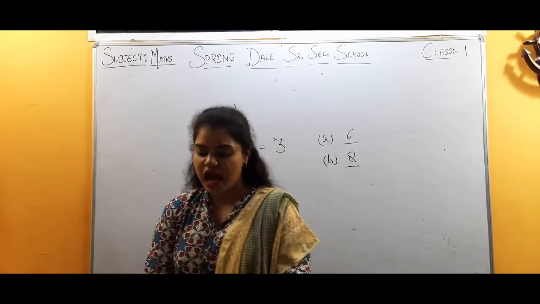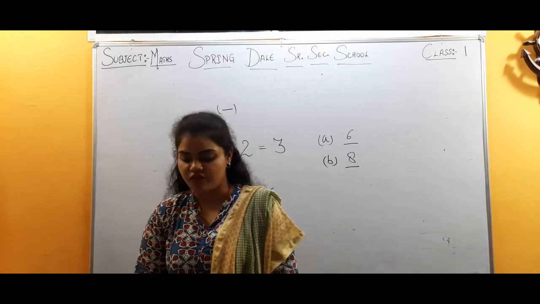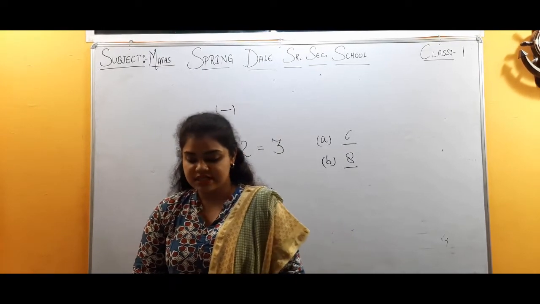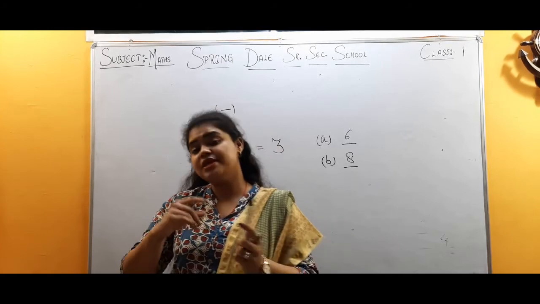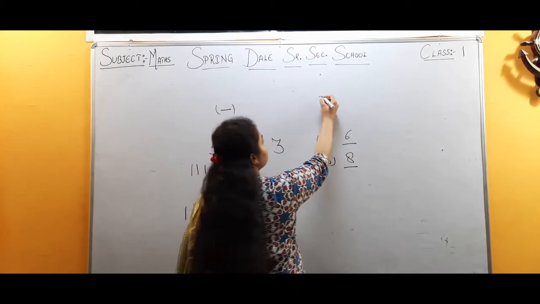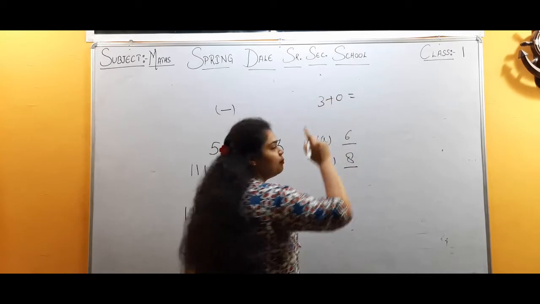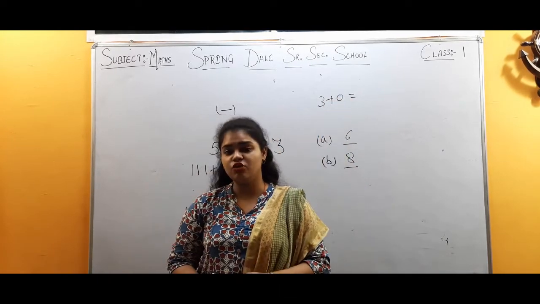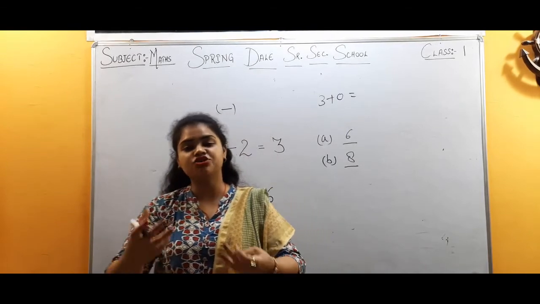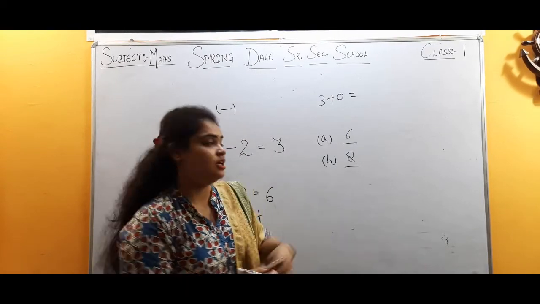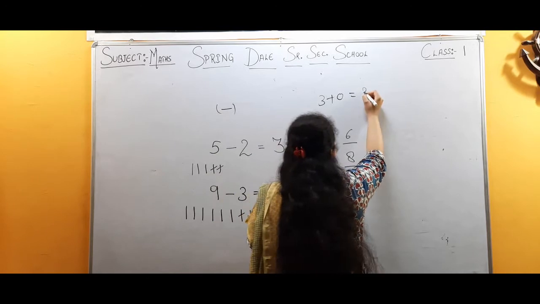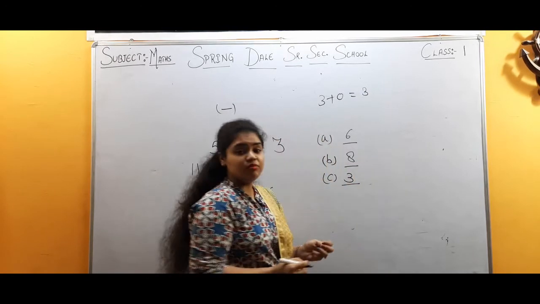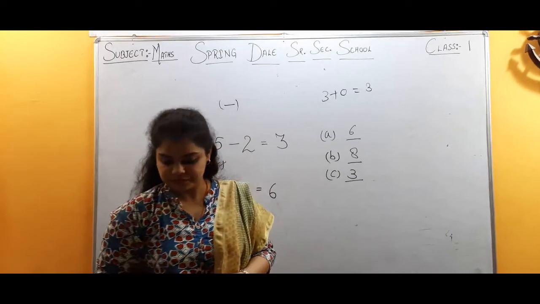Next we have, I am a number just after 3 plus 0. Now what is the question saying? 3 plus 0. जब आप 3 को 0 से प्लस करोगे, मैंने आपको पहले बताया था, जब हम किसी नंबर को 0 से प्लस करते हैं तो जितना नंबर हमारे पास होगा या जितनी चॉकलेट्स हमारे पास है उतनी ही रहेगी. So what number will come? That is 3. In C part we will write 3. 3 plus 0 is 3.